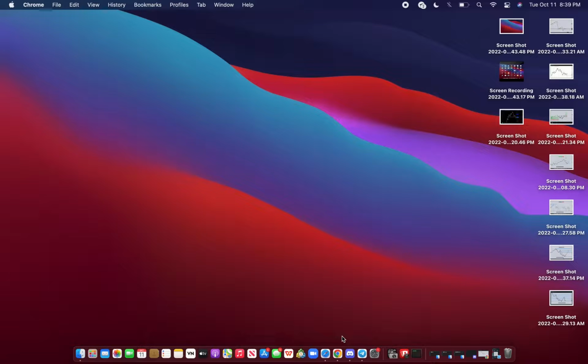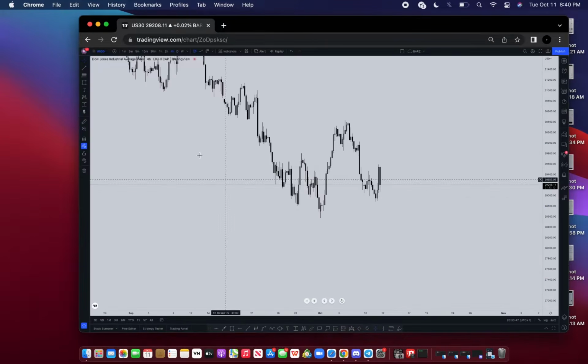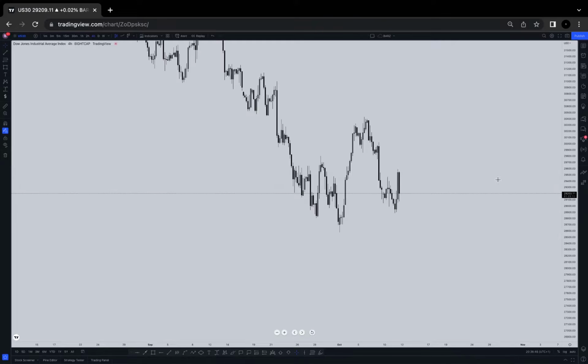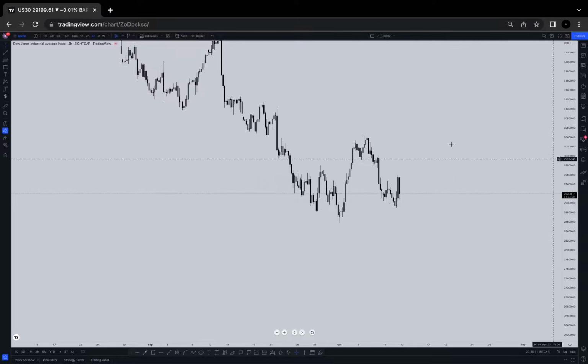US30 analysis right now on US30 and let's say Nasdaq, right? So let's go quick. We have US30 right here. This is the 4 hour time frame US30, and